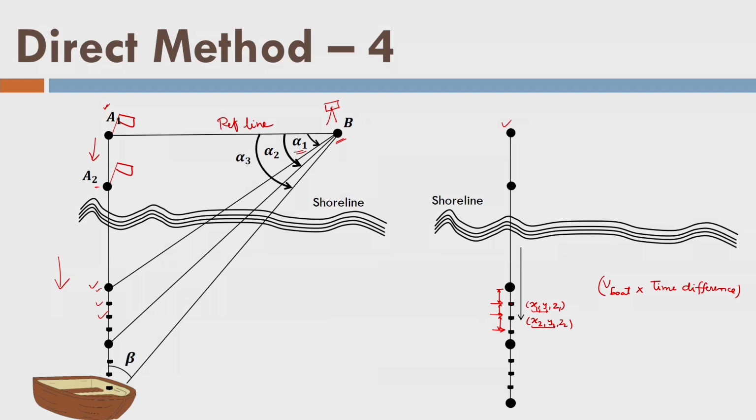We should take care always that the angle which is here called beta, let us call it beta 3, here the angle is beta 2, and here the angle is beta 1. So beta should always be more than 30. Let us call it beta I. Any angle beta should be more than 30 degrees to create a well conditioned triangle. So, this is direct method 4, where I am observing one angle from the shore and distance from the boat. Here I assume that the speed of the boat is fixed. That means there is no wind current, there is no water current. Again, these assumptions are valid here.